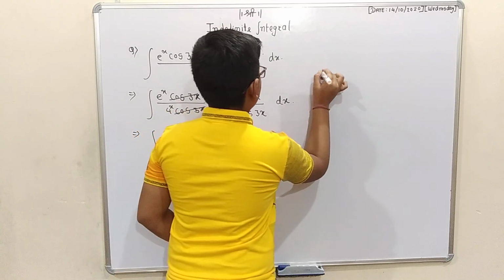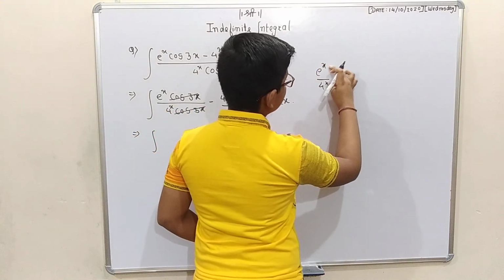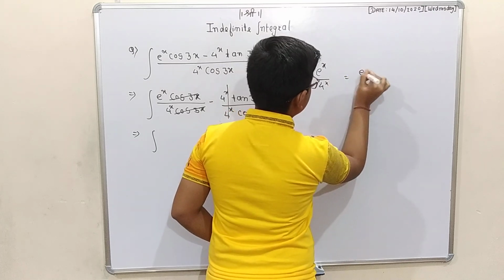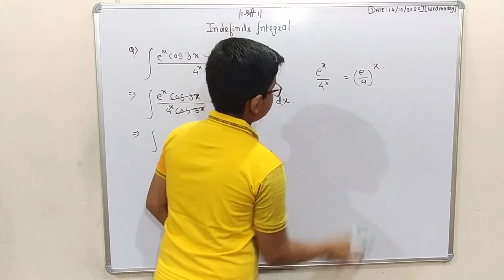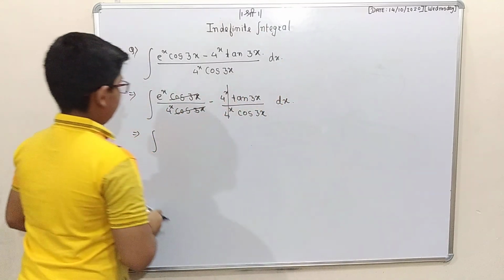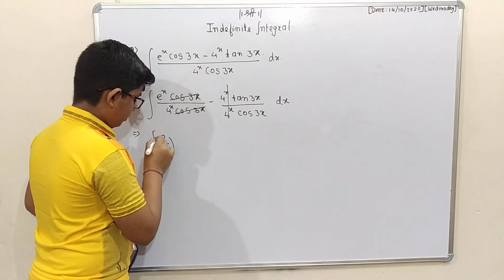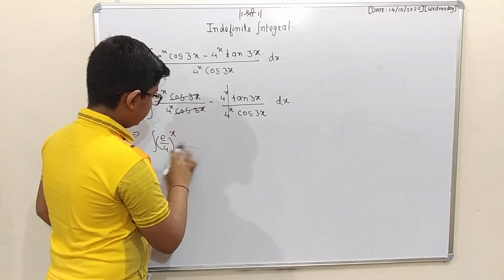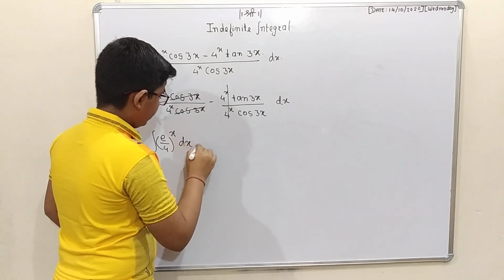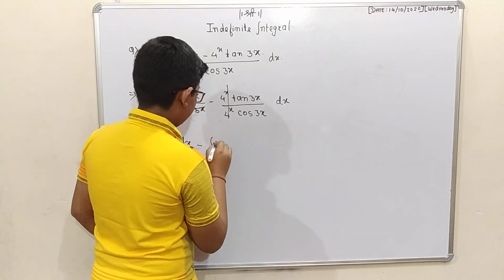Here e raised to the power of x divided by 4 raised to the power x. Now x and x is common, so take x outside. So it will be (e by 4) whole raised to the power x, whole raised to the power of x. So it will be integral (e by 4) whole raised to the power x dx minus integral tan 3x divided by cos 3x